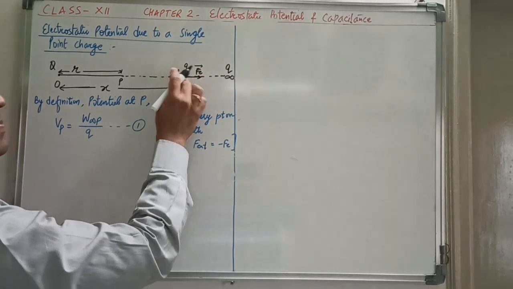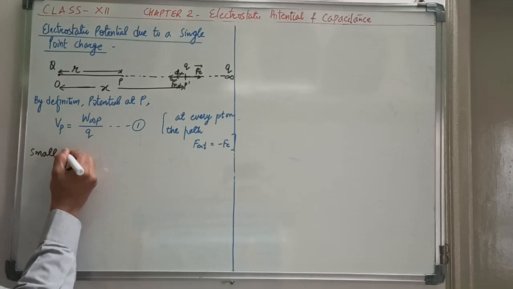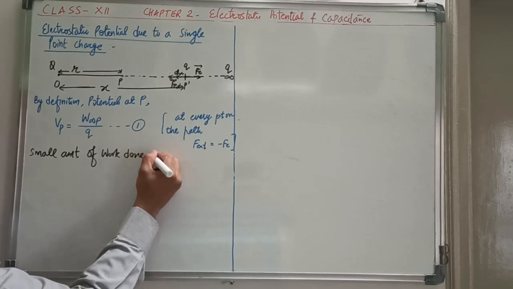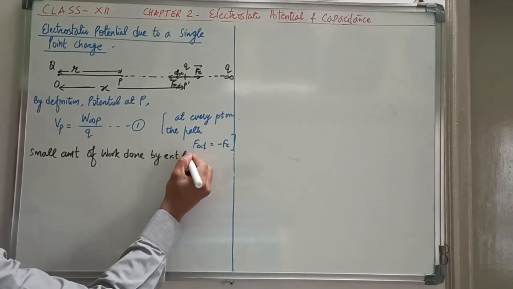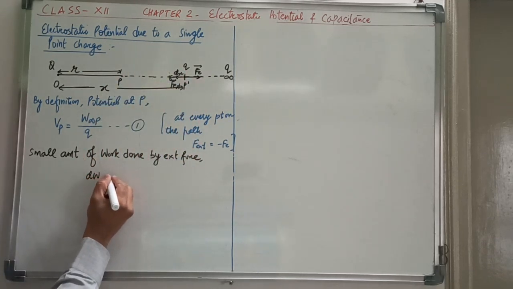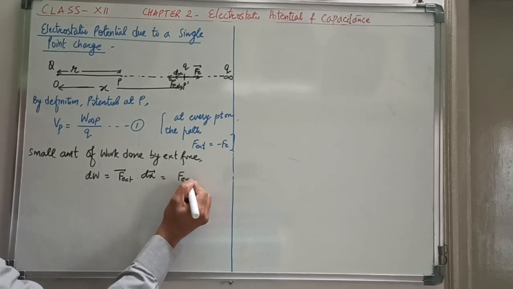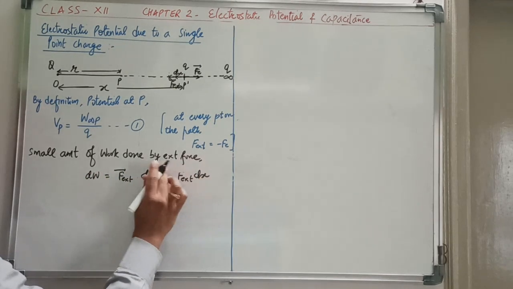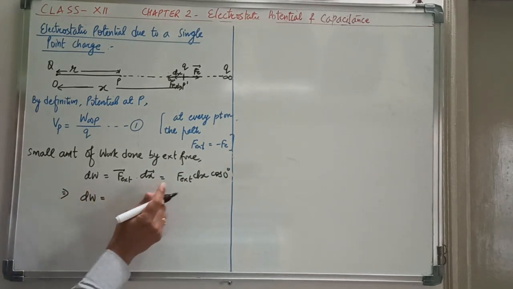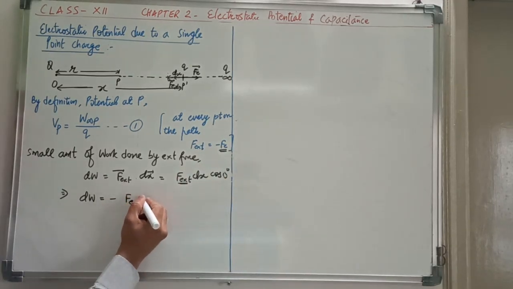Correct. So how much work is done in this small displacement, we will write here: small amount of work done by external force, when it is displaced through distance dx. So we write dW is equal to F external dot dx. Since the angle between the two is 0, this becomes F dx cos 0, and cos 0 is 1. So this becomes dW is equal to, and F external at every point is equal to minus Fe. So we write this as minus Fe dx,